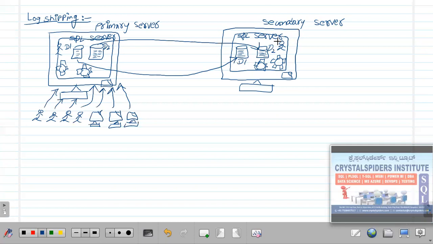So when can you start accessing this secondary server? In case the primary server is gone, in case this primary server is having any issues, let's say some hardware failure or something like that, then this system will forcibly shut down. Then our DBAs will pick this server and make all these databases available for the users. If any pending changes are there, they will take those changes and apply them on these individual databases, and they will turn these databases to be available for access by the users.